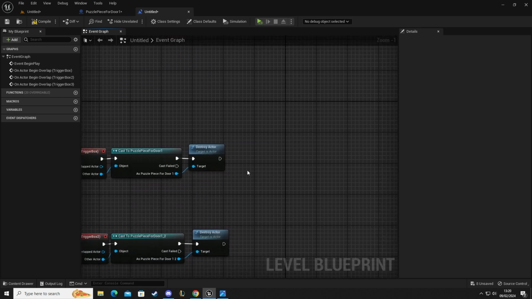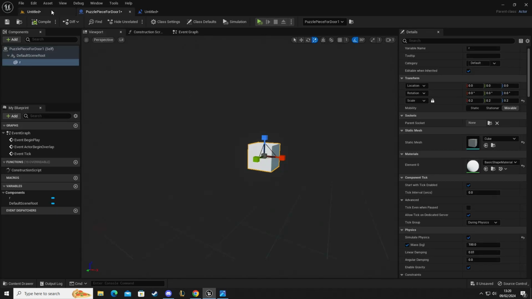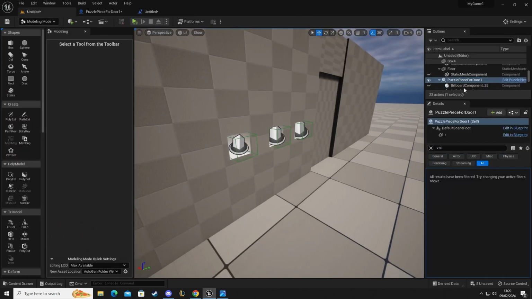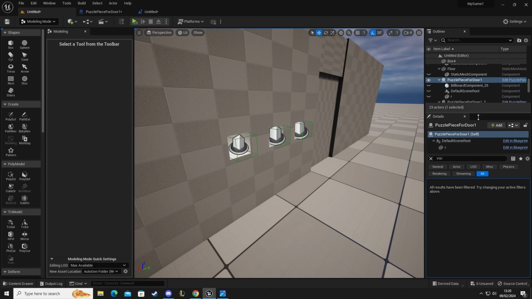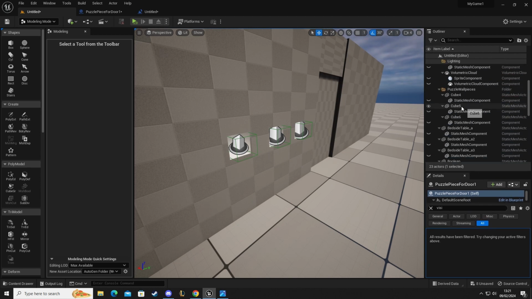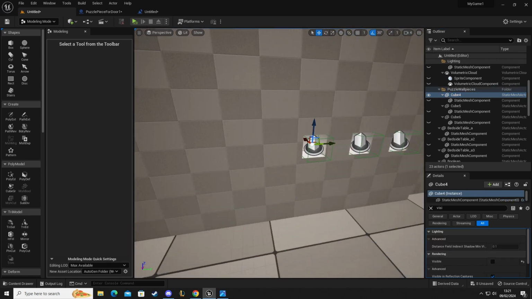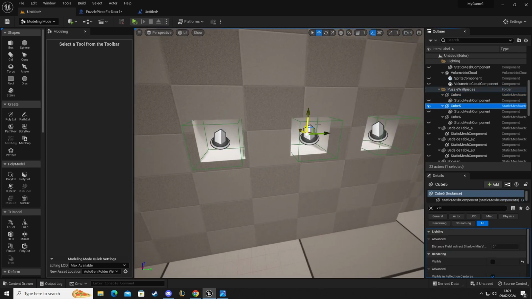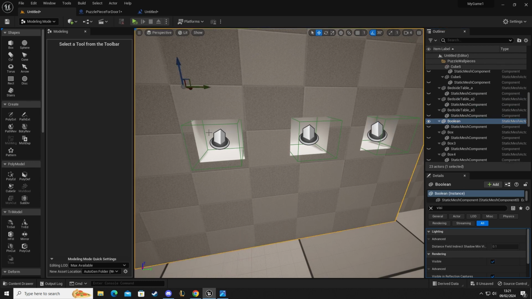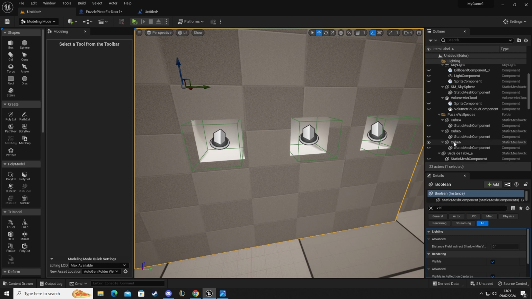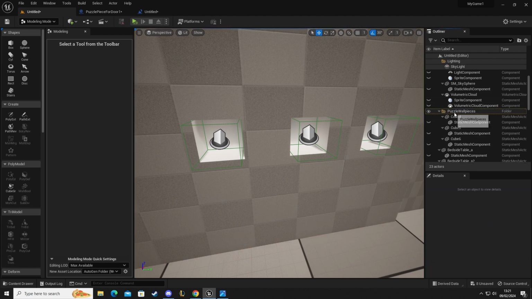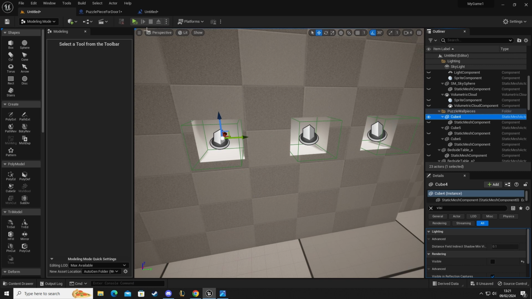Now that we've done that, we can set the visibility for piece 1 to visible, which is on the wall. So if we go into our level, and remember we created, let me move this down, make a bit of space. We created a folder earlier, cube 4, which is this one, cube 5, which is this one, and cube 6. Now we created a folder because they're invisible currently, and because they're invisible we won't be able to select them because we can't see them. So if we create folders and keep things tidy in the outliner, we can now select those meshes, go into our